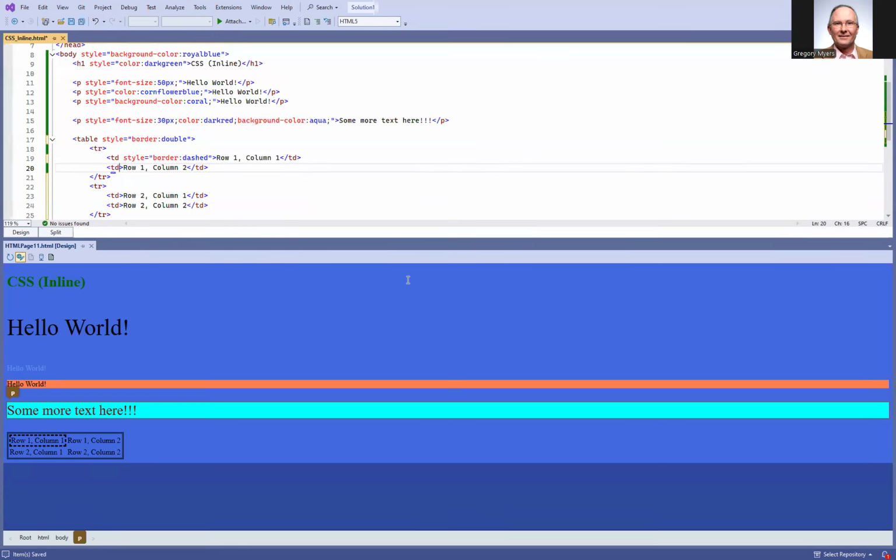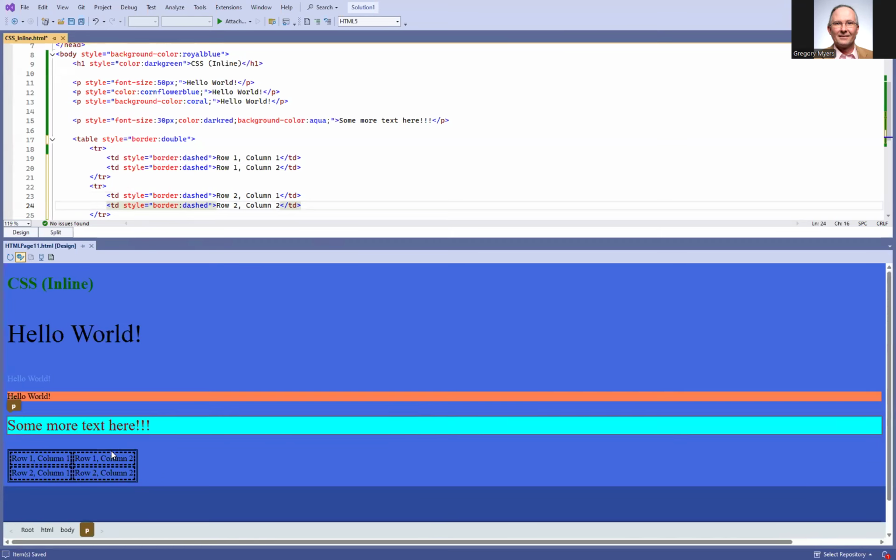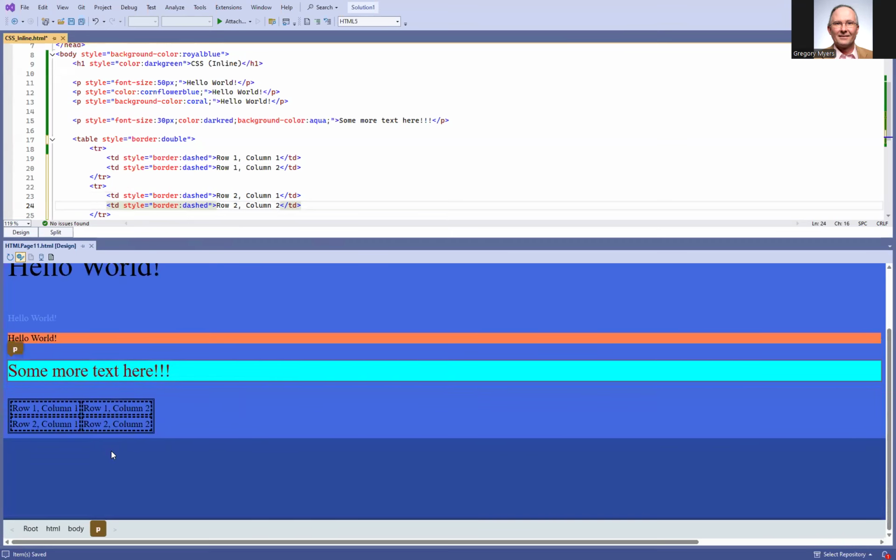If anything, it's really trying to highlight what we're doing here. And you can see there that we've got a dashed border around each one of the cells. I can, again, go through and just simply add that to each of the additional cells. And again, you can see here, we're getting a rather ugly looking table. Try to make it a little larger here so you can see it. And then we'll do this one more time here, just so you can see how this would transfer forward or